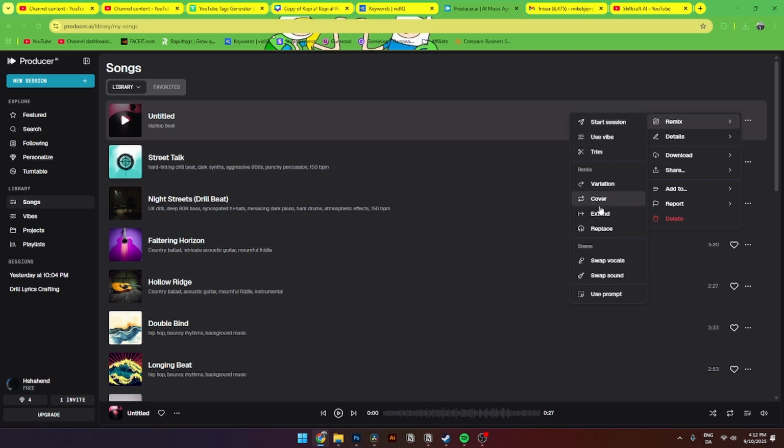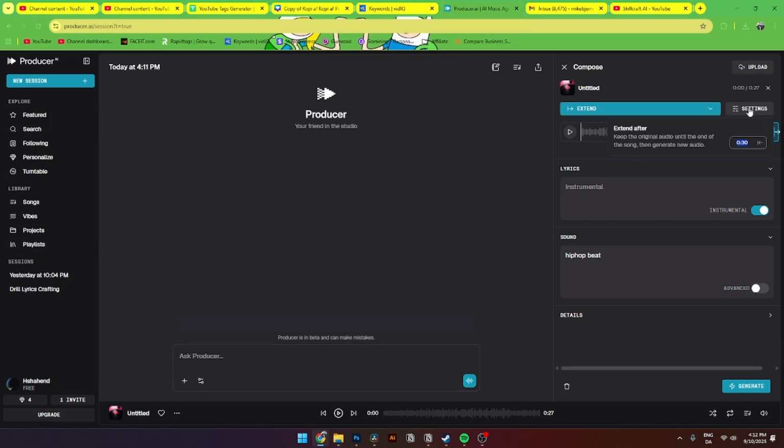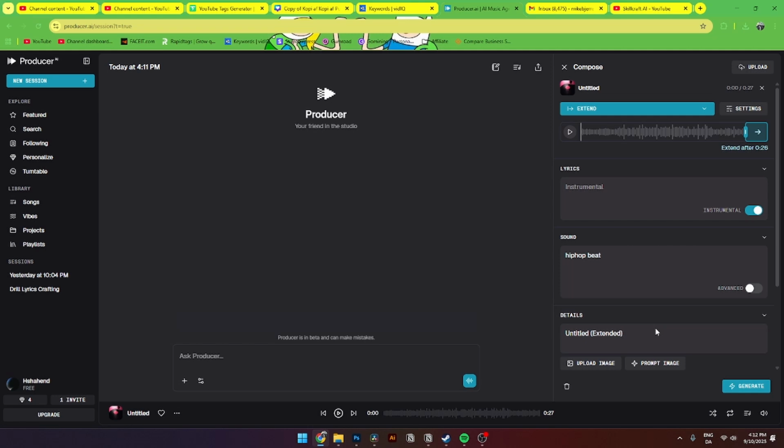Then from here, you can see there's an option down in the remix option called extend. And when you click on that, you can see the extend feature will pop up. And here you can add in the settings where you can extend after. You can add in lyrics. You can add sounds or instruments for the specific beats. And you can add the details and write in a title for the beat and upload an image or prompt